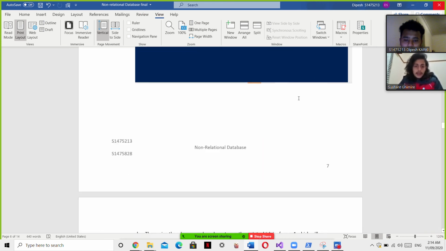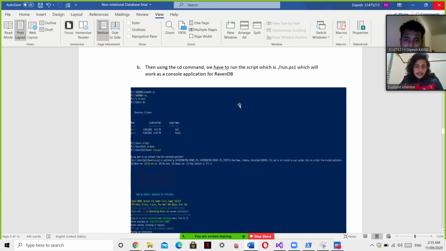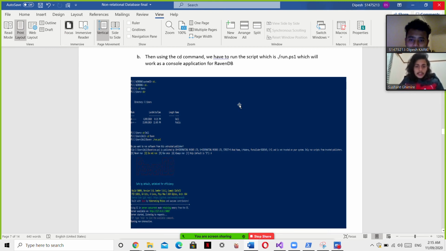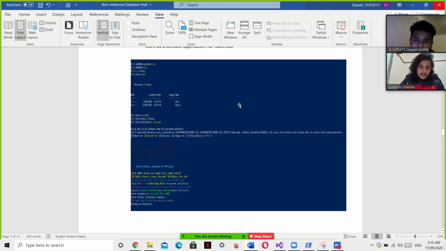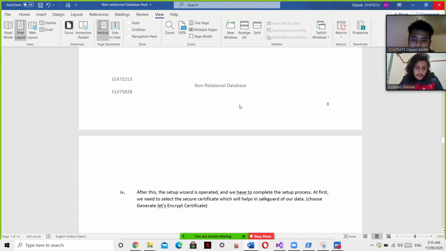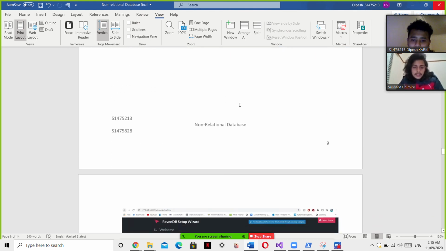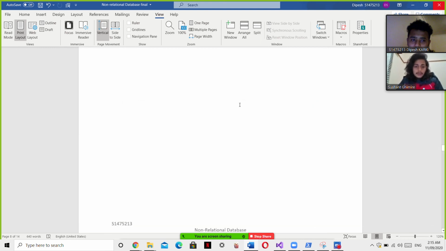Now we'll locate the downloaded file, that is the unzipped RavenDB. For that we use the command cd and the location where it is, like cd in the users downloads, and we'll locate the Raven database, and then we use the command ./run.ps1. Doing this will